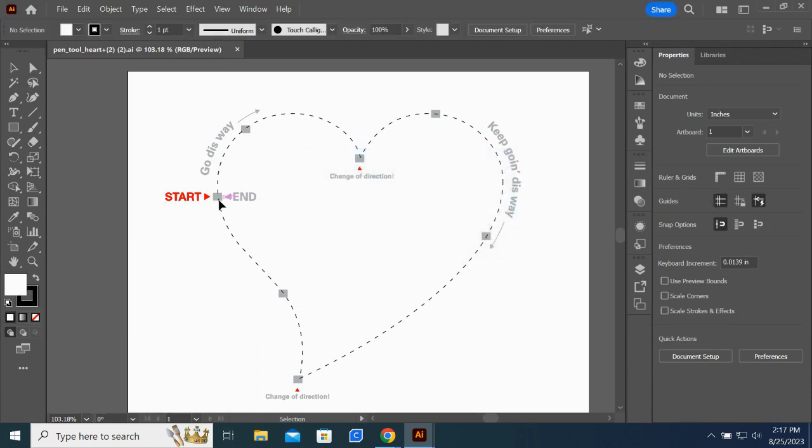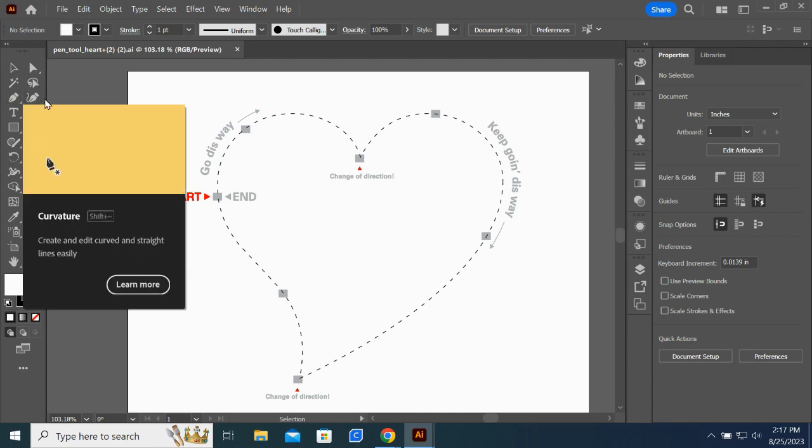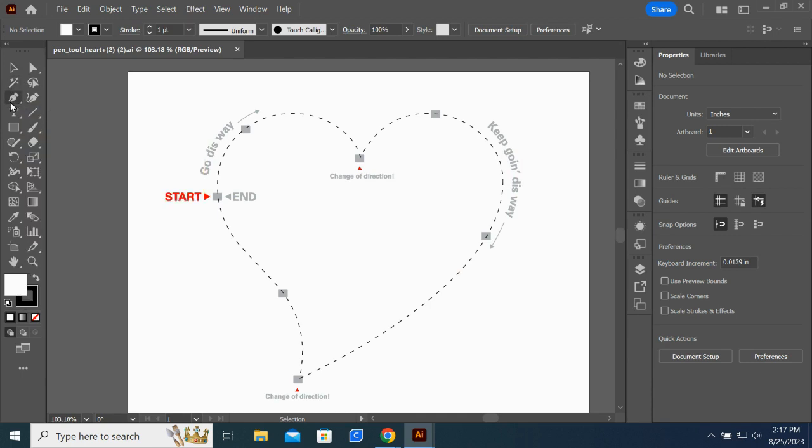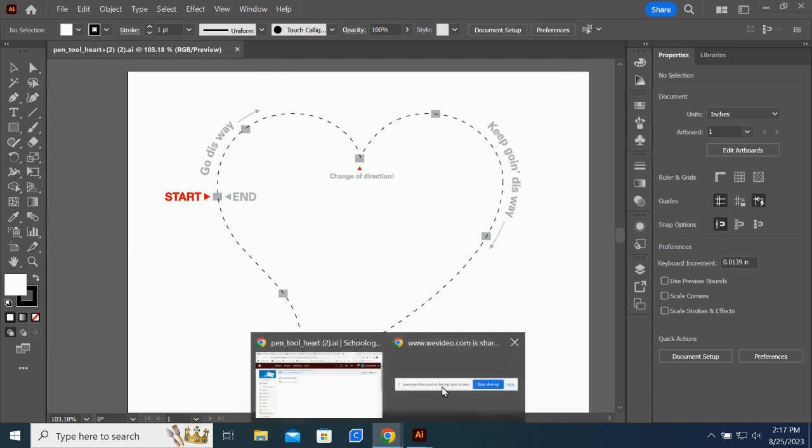Then there's the heart. This is what you trace and follow. You're using the pen tool and the curvature tool. I'd recommend trying it with the pen tool first. Do the harder method where you click twice and then drag your mouse out to fit the curve. Because with the curvature tool, you're not going to be able to get that sharp turn here and here. So you're going to have to use the pen tool. Okay. The other one,